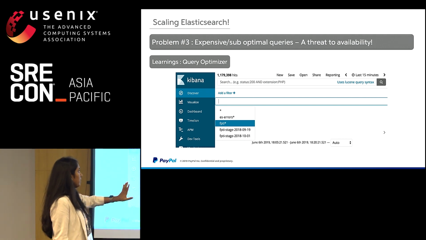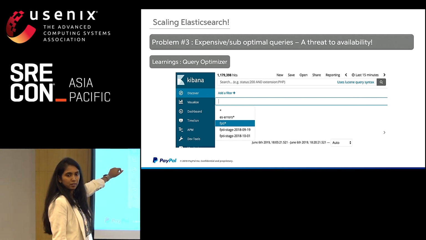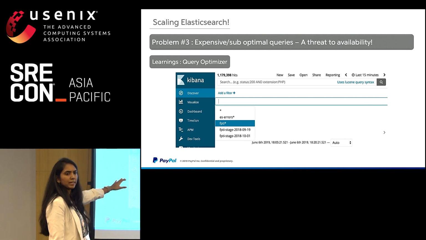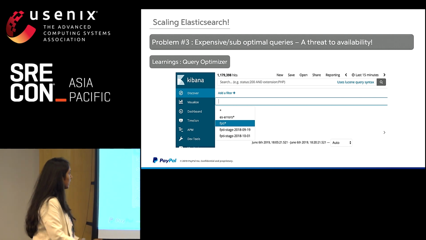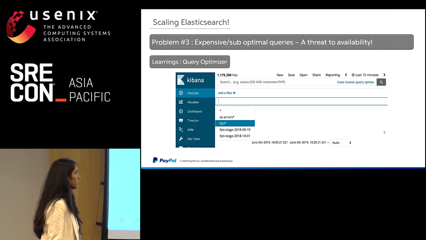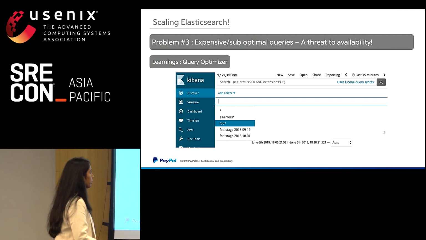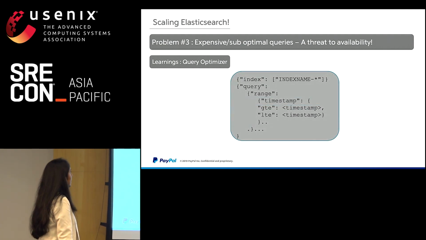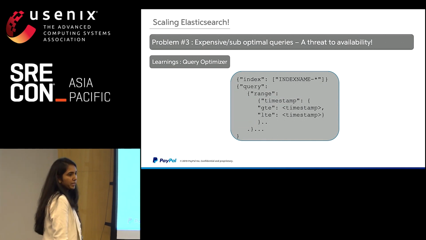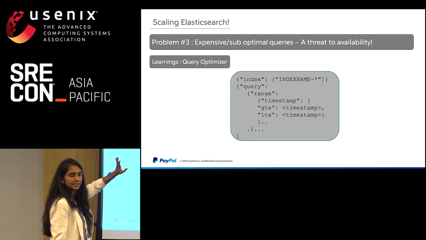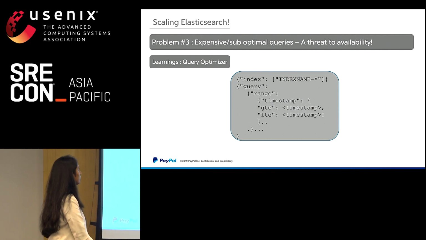People are aware of this Kibana UI where you configure, if you are using a daily date-based index pattern, something like FPTA asterisk as the index name. That will have a list of date-based indices under it. And then you also have a timestamp on top where you get to choose the time range. If I translate this into an Elasticsearch msearch query, this is how it looks. You have an index name with an asterisk, and then you have a range on the timestamp, greater than, less than, and then this is fired to Elastic.